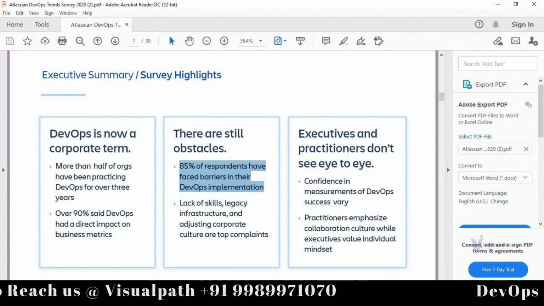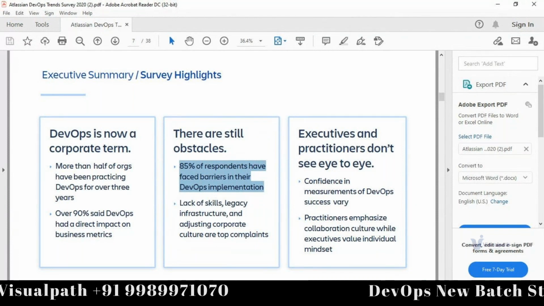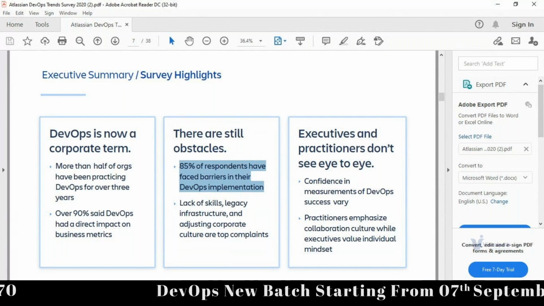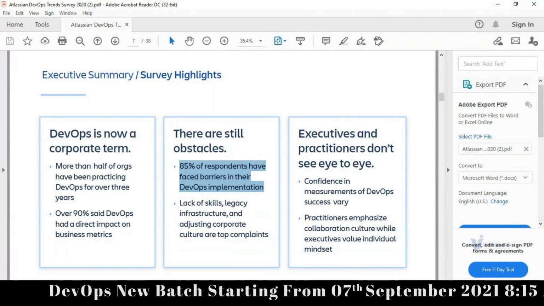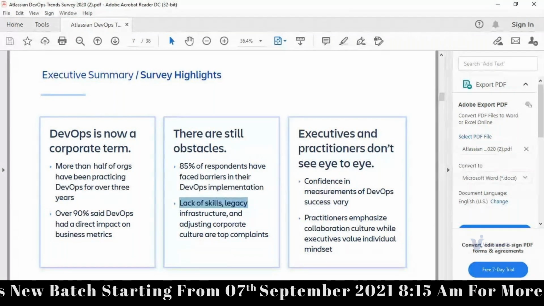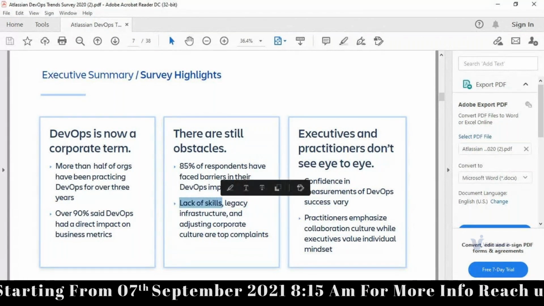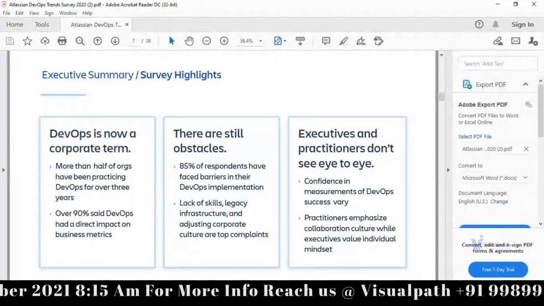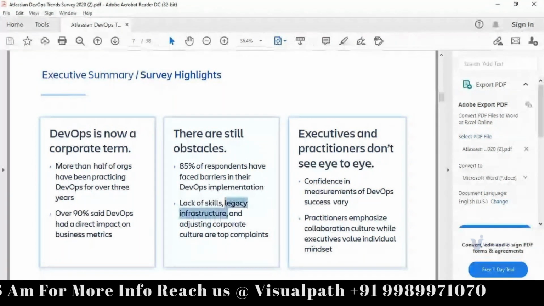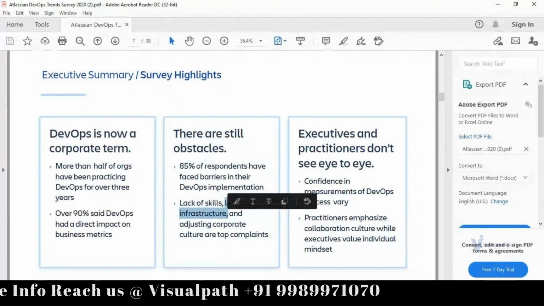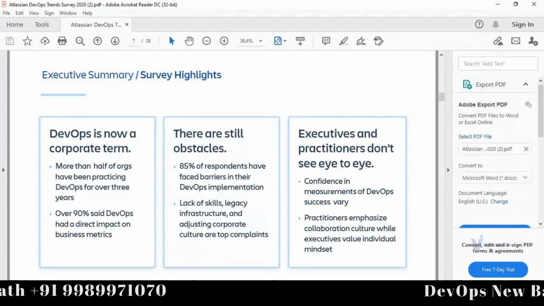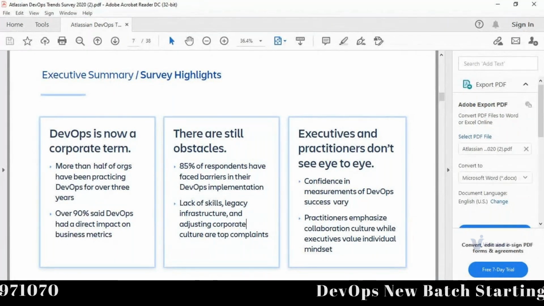And if you're thinking there are many DevOps engineers out there, there are not many. One thing, even if they are, trust me, most of them are not good. It's because of the lack of skills. That's one thing. Legacy infrastructure. Lack of skills means you have to get trained yourself on the DevOps tools. Legacy infrastructure means physical infrastructure. We have to move to cloud computing and containers, to ditch the legacy infrastructure, so it is easy to implement DevOps.